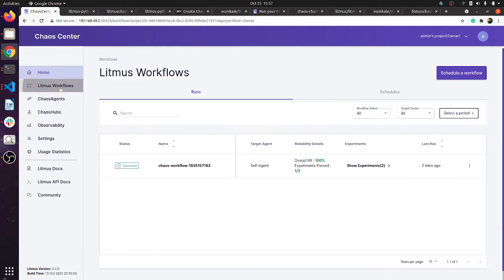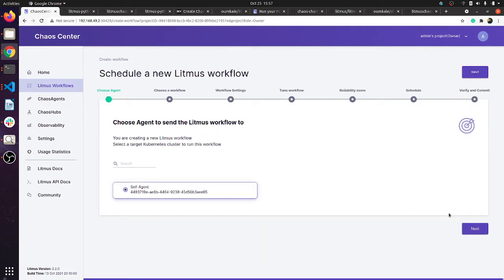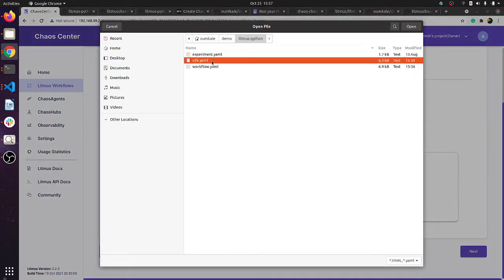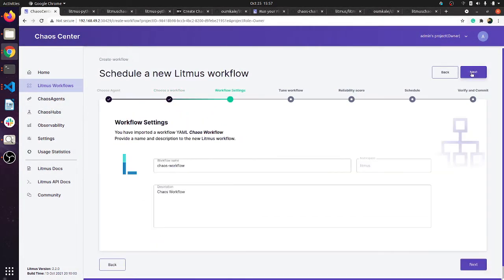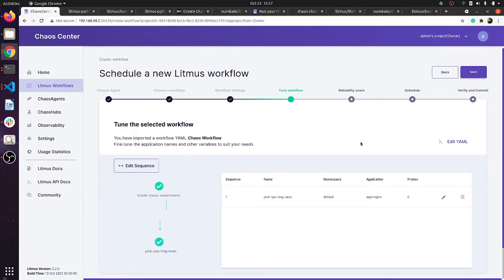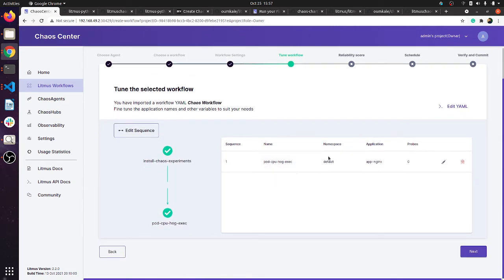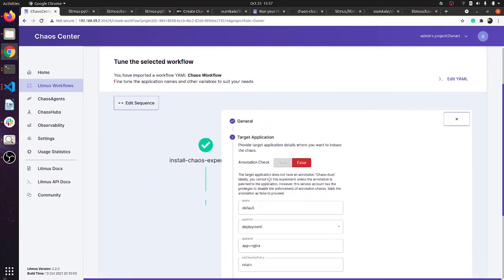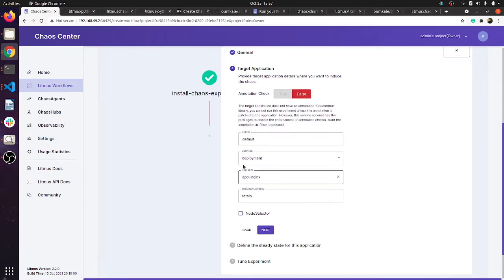We can also have a look at how to schedule a workflow recurrently. Just use the same thing. Here we have selected things. If you want to update something inside the manifest, we can update it directly from the UI.